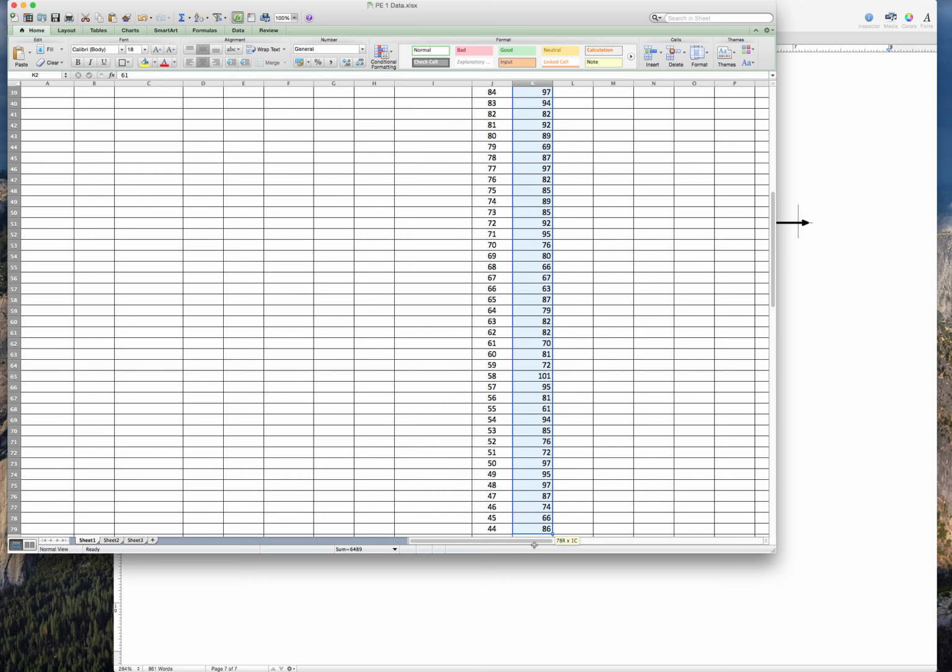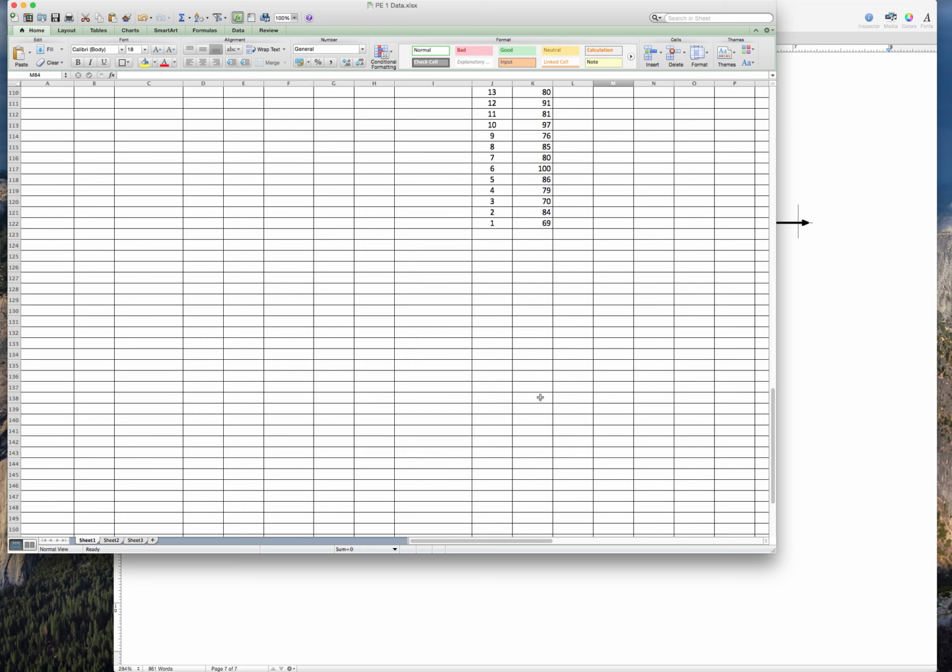There's quite a few of them here, and you can see how many there are. It's 121 because we had 121 locators. And while I'm at it, I might show you a more efficient way of doing this. If you want, you can scroll down to the very first one, and just click on that cell,